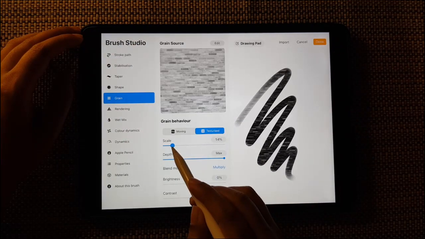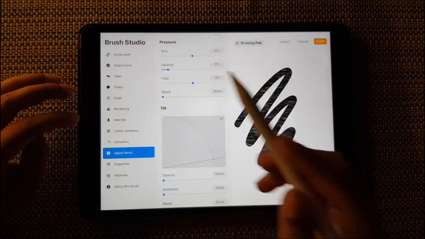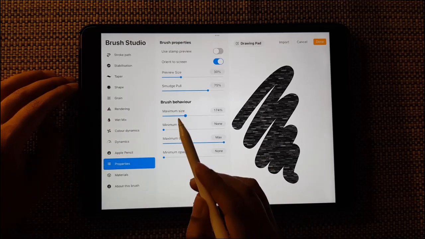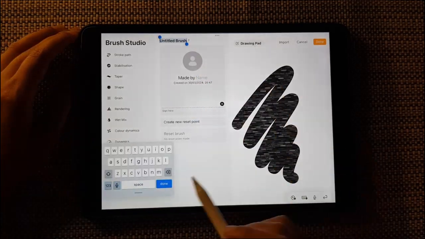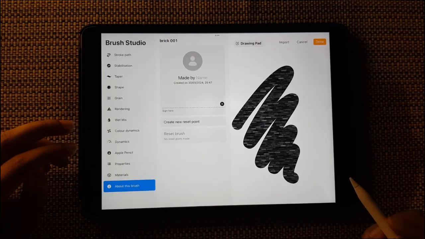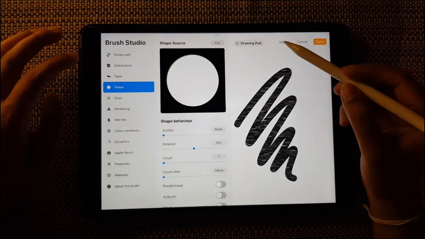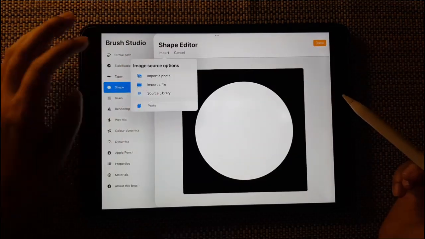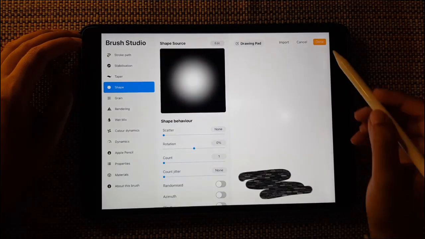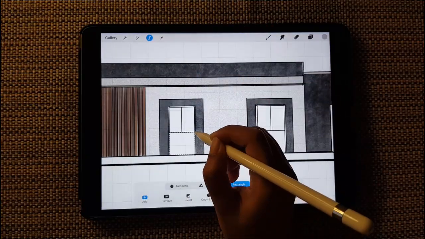Scale according to how much you want. Reduce the opacity completely, and you can minimize or maximize the brush dimensions, and you can name the brush type as well, and also adjust the spacing. And in shape, edit, import, go to the soft brush tool so that you'll be able to blend the brush like that of a soft brush. Go back to your canvas,